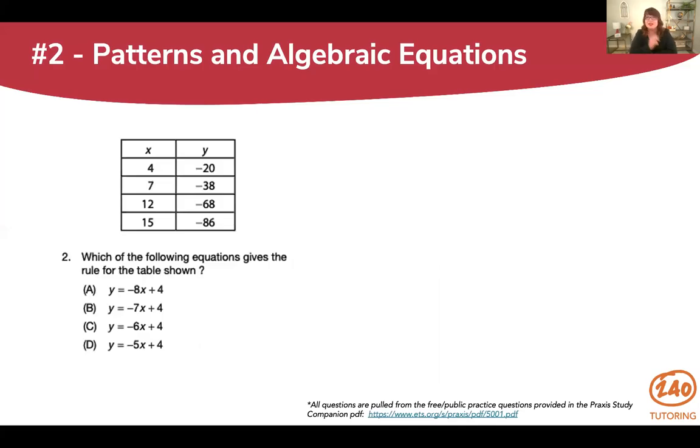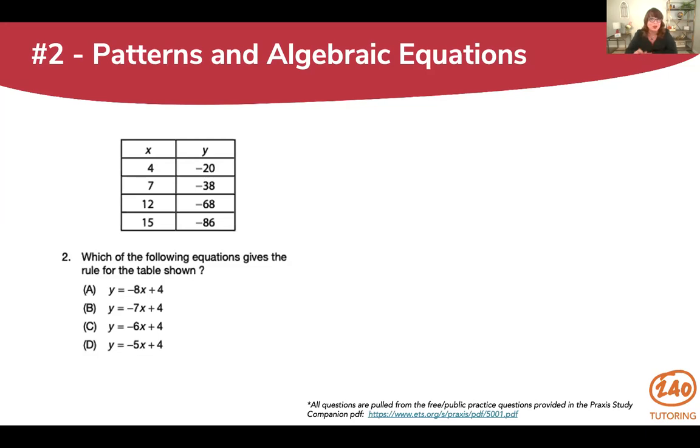This is probably the hardest question we're going to do today, so stick with me. This is on patterns in algebraic equations. It says, which of the following equations gives the rule for the table shown? Now, I'm going to be honest with you. Really, you should know something about slope and rate of change for these paired numbers to solve this. That's what a mathematician would talk about, or what you'd read in the explanation in the ETS manual. But if you're sitting there going, I don't know anything about slope, I'm going to break this down and show you